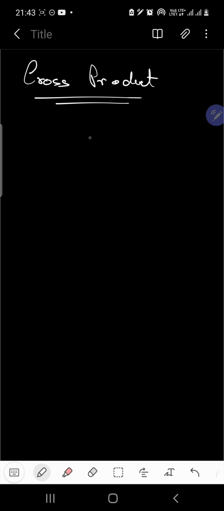Okay, so in the previous lecture on vectors, we ended after the dot product. In this lecture, we will be learning about the cross product, which is also called the vector product. If you have two vectors, say A vector and B vector, not position vectors, in the case of products we are not concerned with position vectors but length vectors.